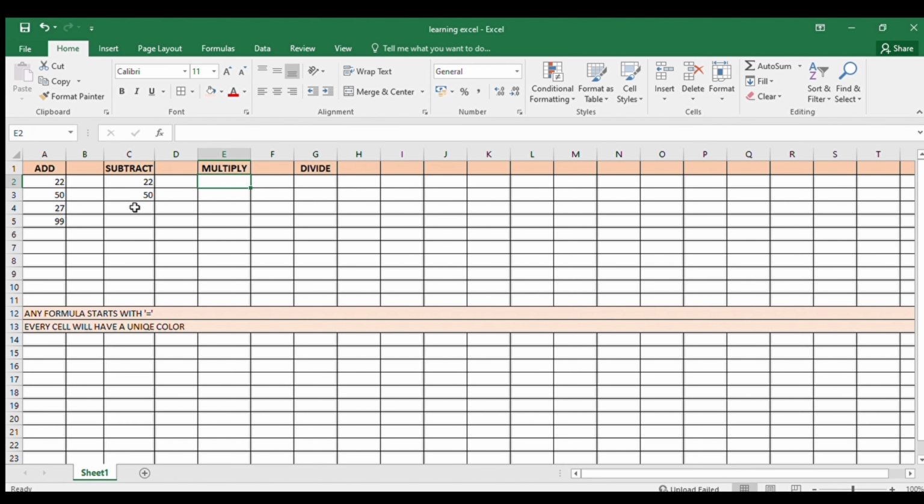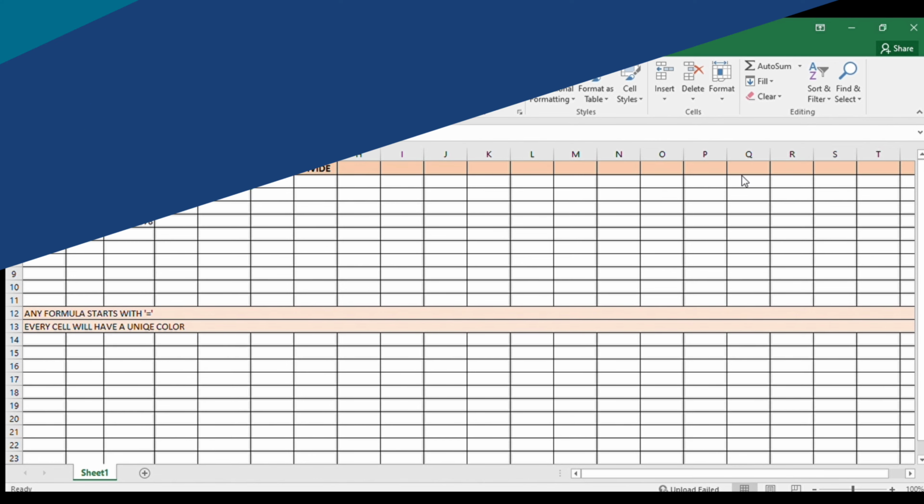Now coming to multiply, again I will write a few numbers. For subtraction I just subtracted 2 numbers, right? You can do it with more than 2 numbers. So here I did 3 numbers. As I told, the color for every cell will be different while choosing. If you change the number, automatically the total will also change. Once you put the formula for the row, it will be done automatically.